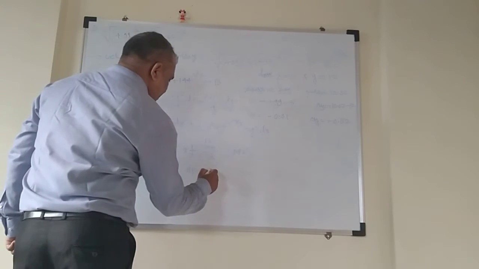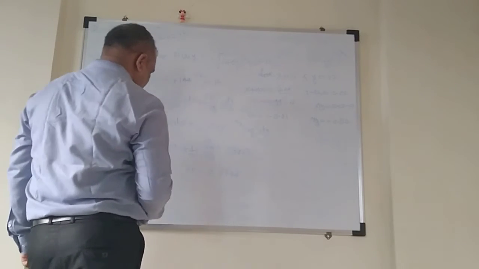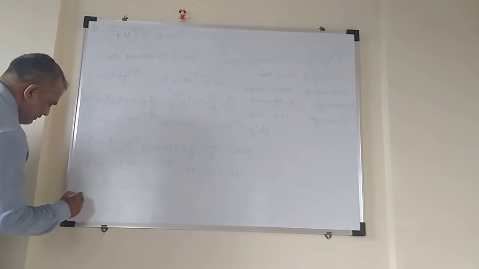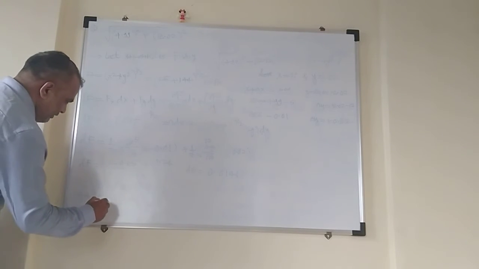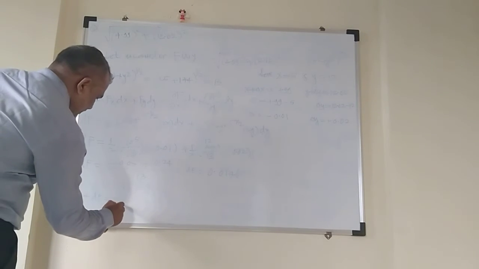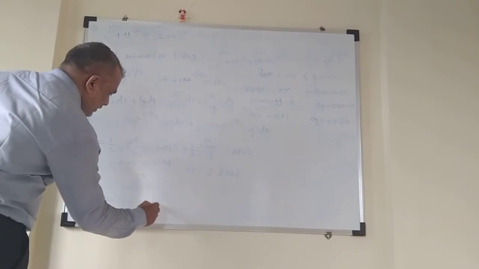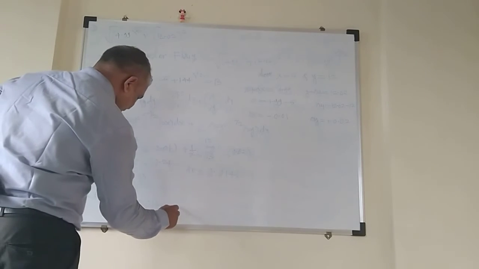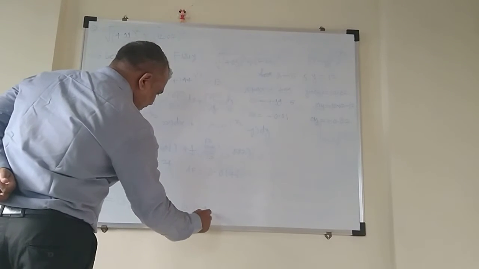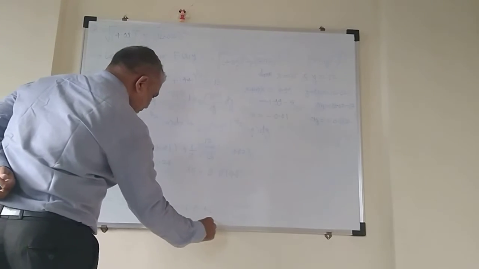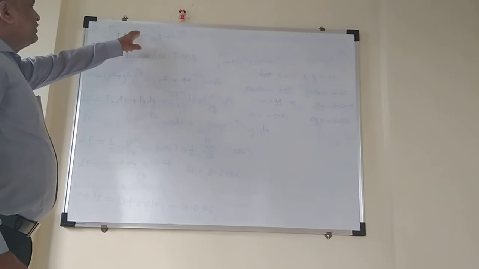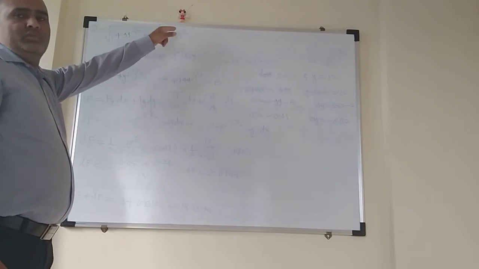Your value of df will be 0.0146 if you do this calculation, and therefore your approximate value f plus df will be equal to, what is f? The f value we have already calculated, that is 13. So this is 13 plus 0.0146. This will be equal to 13.0146. So this is the approximate value of your given function, square root of 4.99 square plus 12.02 square.